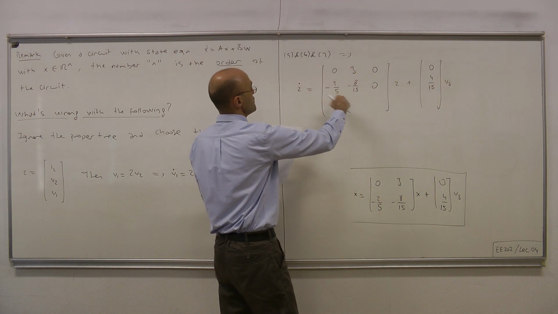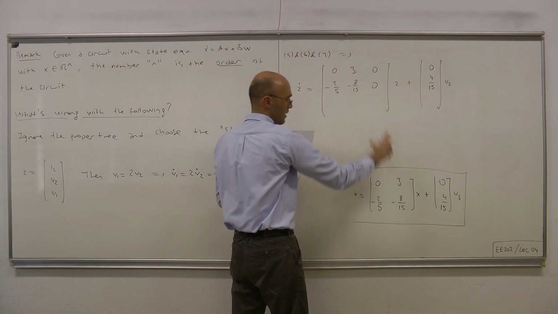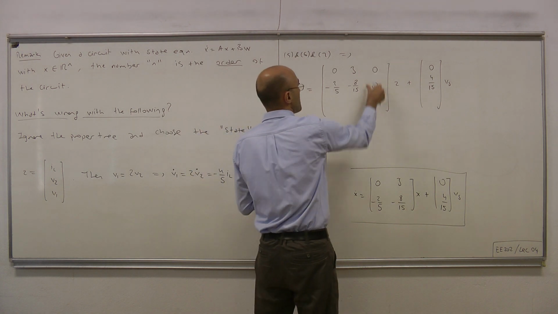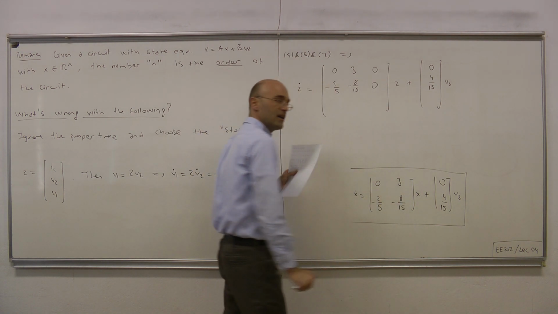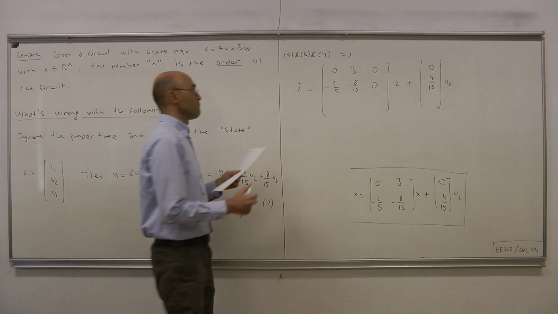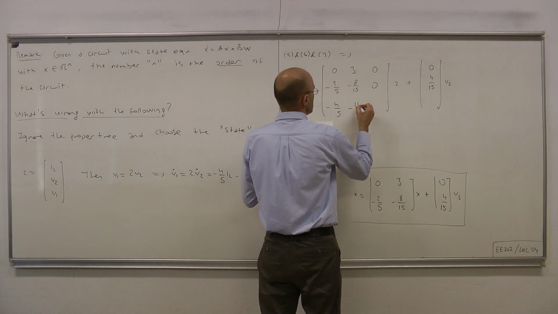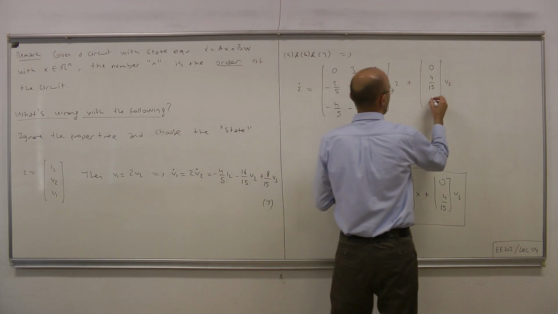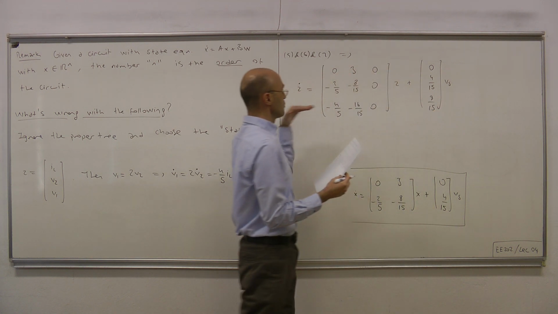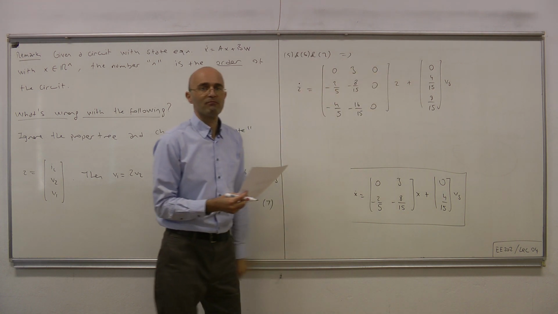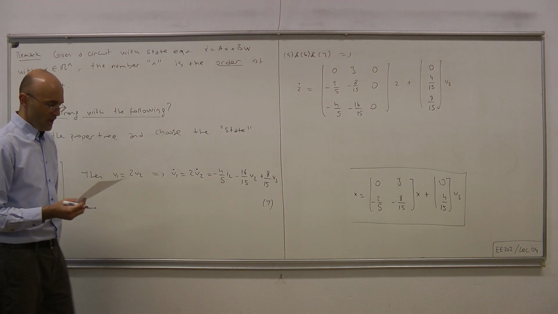And now this 2 by 2 block directly comes from our earlier state equation. And these are 0 because in our earlier state equation, V1 didn't show up. Then we have the last row, minus 16 over 15, 0, 8 over 15. And the last row is simply this one here multiplied by 2. Okay. Now, the question